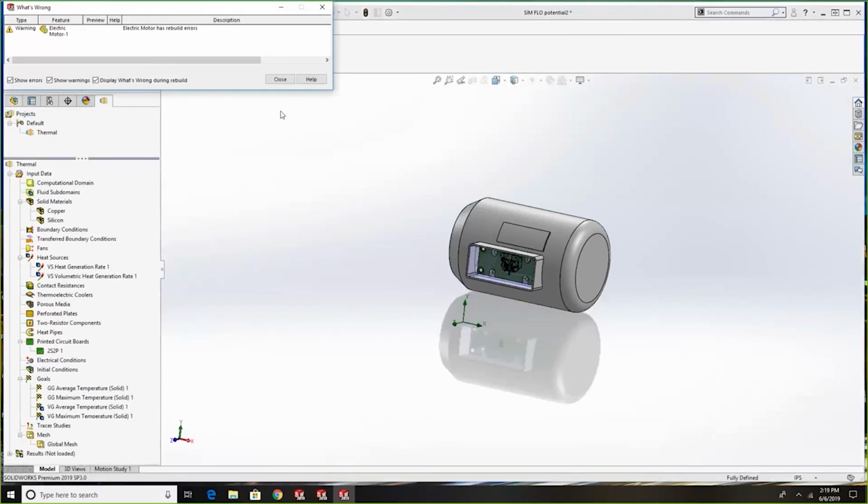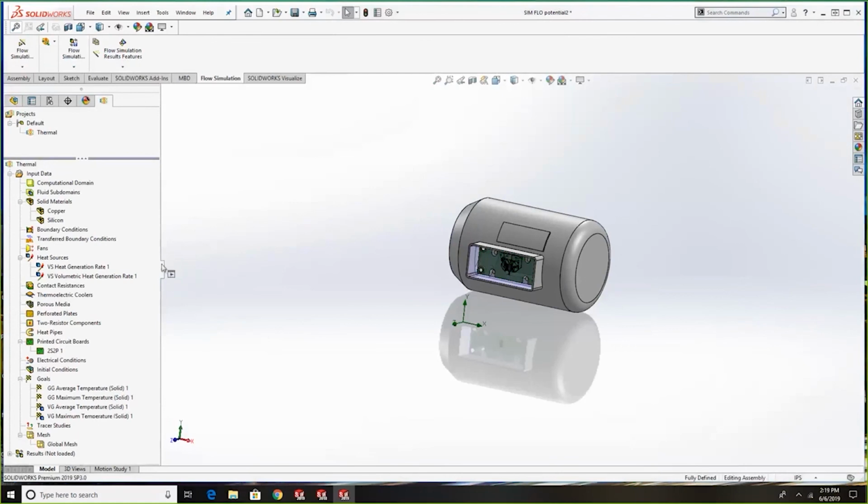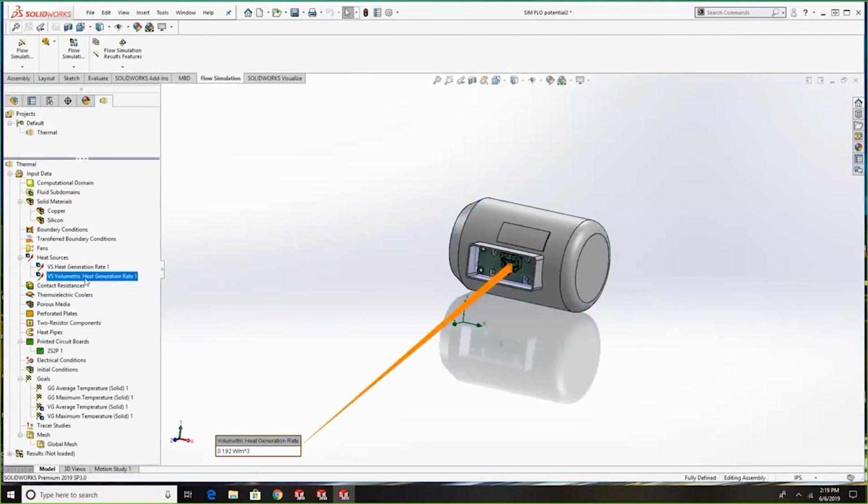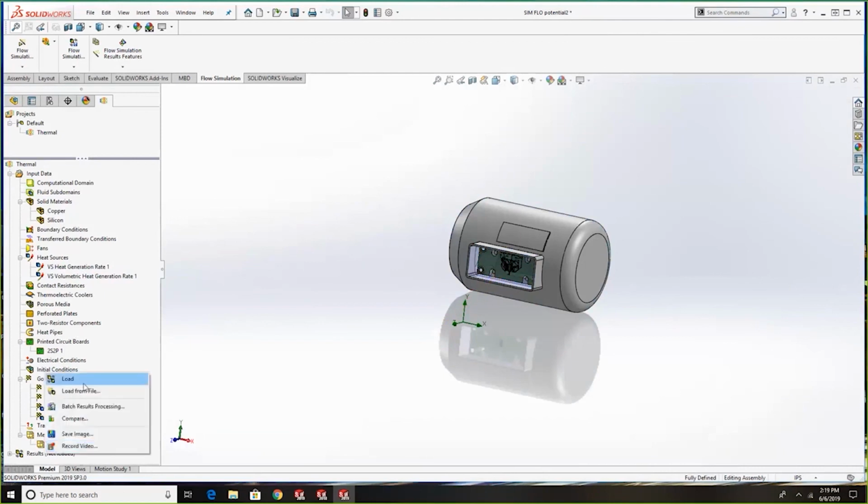So when I open up this project, the first thing you see is I got rid of those layers of copper. It's one less solid material. Otherwise, the boundary conditions are the same. You see the 10 watts for the motor, 0.192 watts per meter cubed for the IC. So when I run this scenario, if I look at the results,